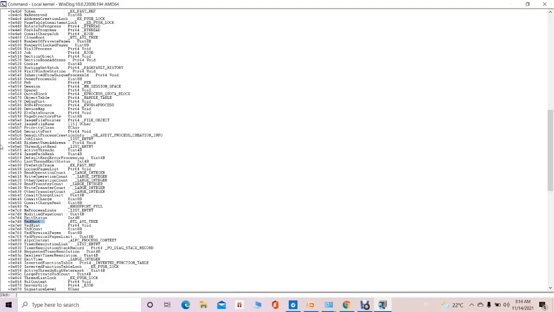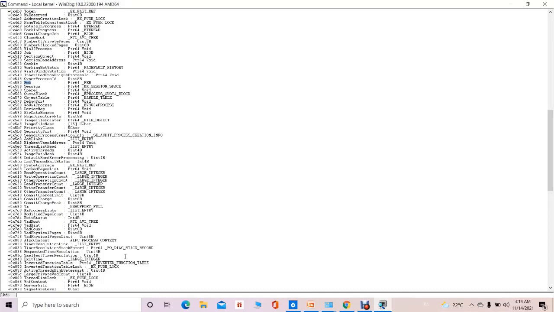Now another field is the process environment block. You can see here, this is the PEB, the process environment block. It also maintains detailed information for the process. This particular field is mainly used by the operating system, which means that from this field, the operating system can get detailed information about the running process. These are some of the attributes associated with the EPROCESS structure.